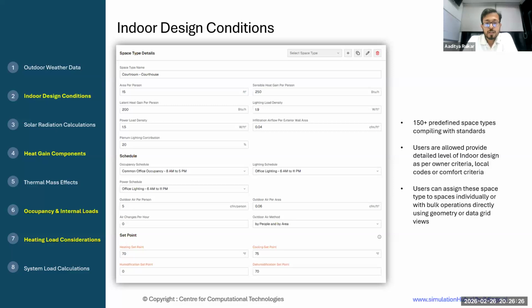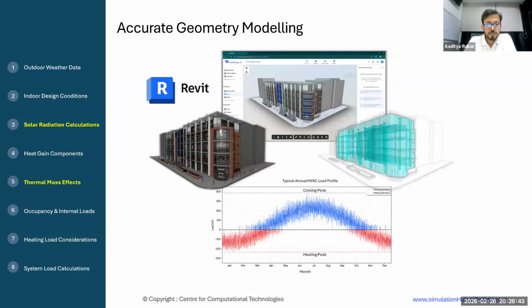Other than that, we have 150 plus predefined space types which are compliant with standards like ASHRAE 90.1. If you want to use that, you can use those predefined space types and go for calculations.